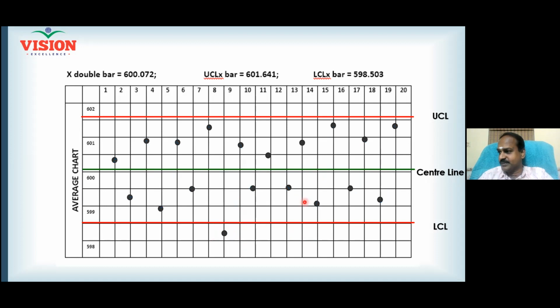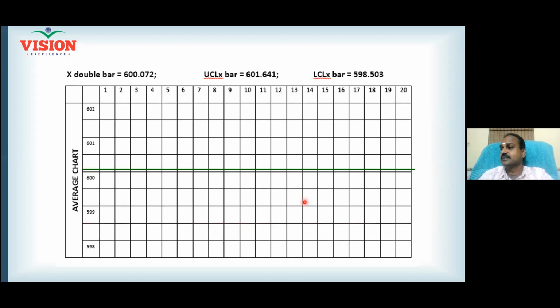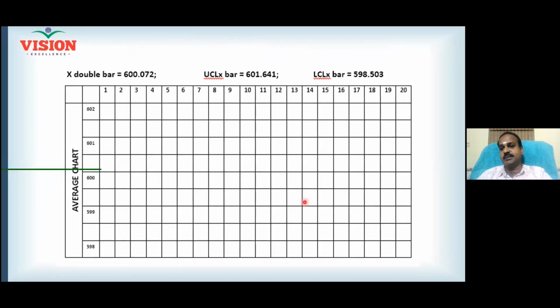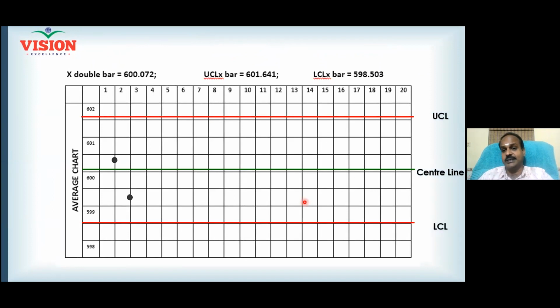See, earlier I told you the R chart. The R chart is helping you to monitor within batch variation. But the X bar chart is helping you to monitor between batch variation. You know what is between batch variation? The current batch right now is the 20th batch. The previous batch is batch number 19. The level of quality we maintained in batch number 19 and the level of quality we maintain in batch number 20 are expected to be the same. Am I correct? Yes or no?